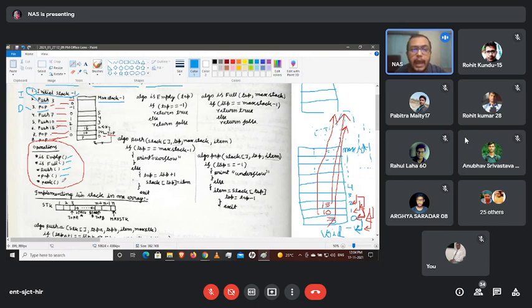And peek is what? Peek operation is basically checking. Peek doesn't do any kind of insertion or deletion operation. The peek operation is generally used to check or traverse the stack. If you want to check any data within the stack, we use the peek operation. It doesn't do any kind of changes within the stack. It just checks.